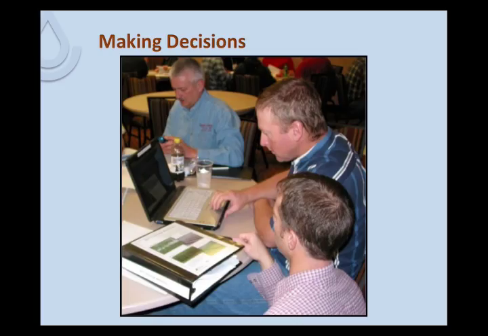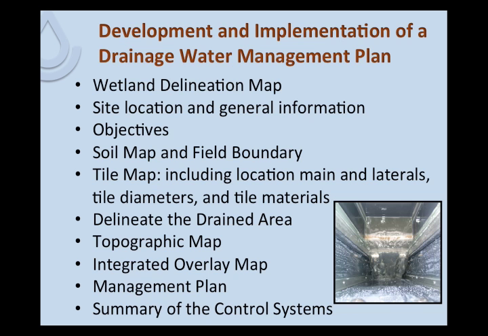Our clients determine the alternatives to implement, and the client also selects the appropriate plan that will work best for their operation, while the planner provides the necessary documentation which is recorded in the client's plan. While the development and implementation of a drainage water management plan is not the focus of this module, it is important to understand what is required for development and implementation to help the planner troubleshoot issues that may be resolved